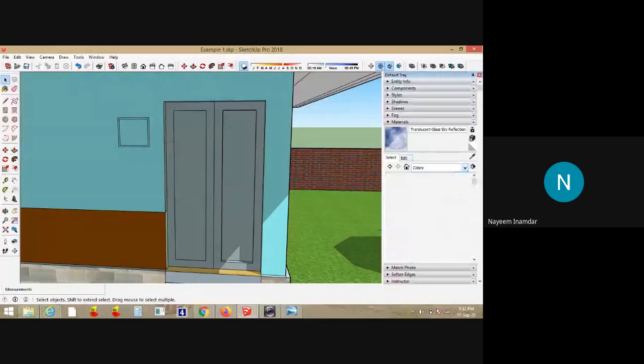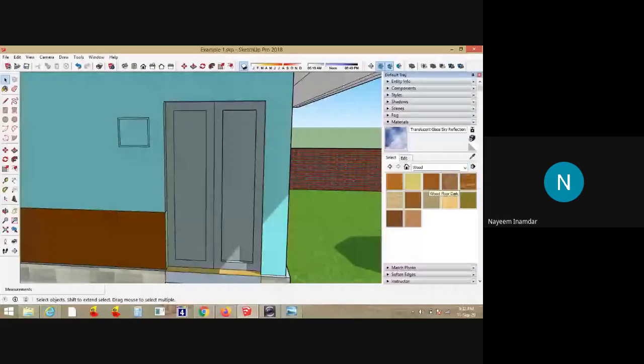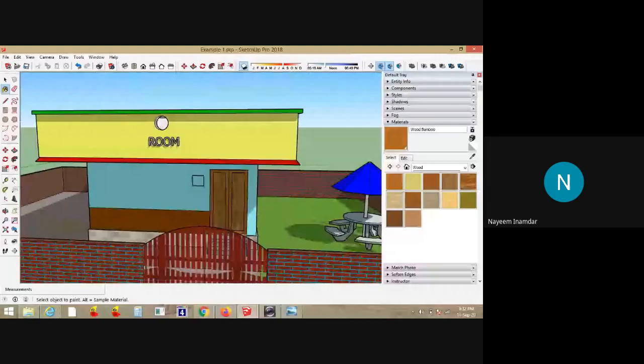You go to the colors, or otherwise you can go to the wood, carpet, fiber, and landscape material, asphalt, brick, cladding, siding, tile, synthetic surface, wood. Wood is there. You can directly apply the wood-like texture. So this is how you can provide the doors.